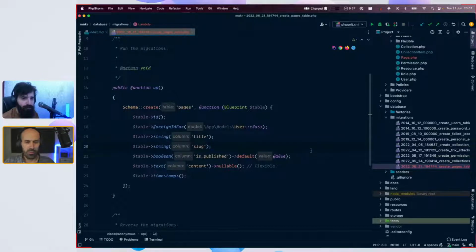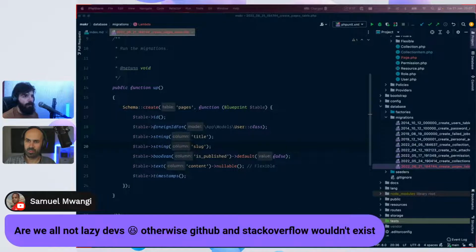Well, let's try it. There are places that make sense to use a NoSQL database when there is a lot of data. We are not lazy devs, otherwise GitHub and Stack Overflow would not exist. That's right.